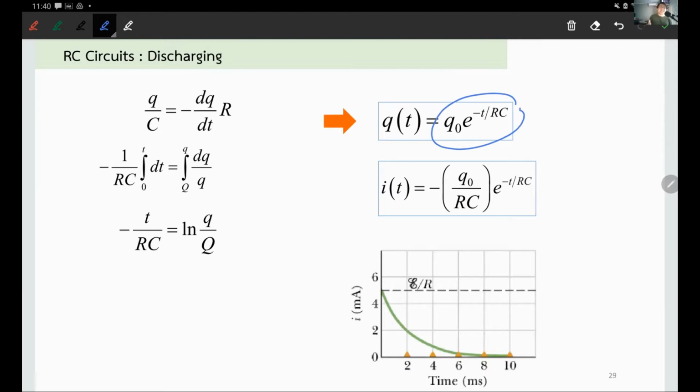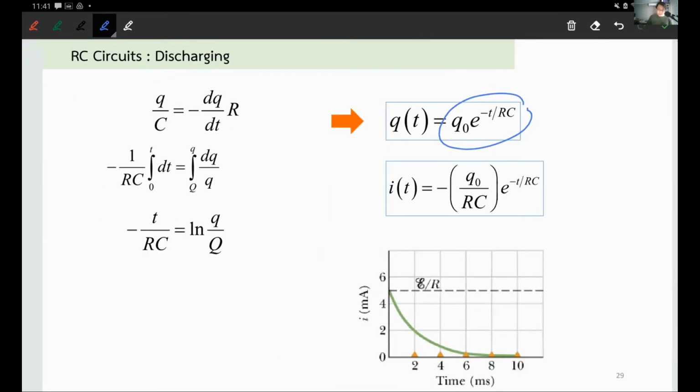Exponential. Same exponential. Because you're going to end up with the same type of differential equation. You're going to hit the same way of solving this, and you're going to hit the same type of function at the end. So no doubt. Okay? So now, the conclusion that I can draw here is, no matter what happens, it's exponential in nature,